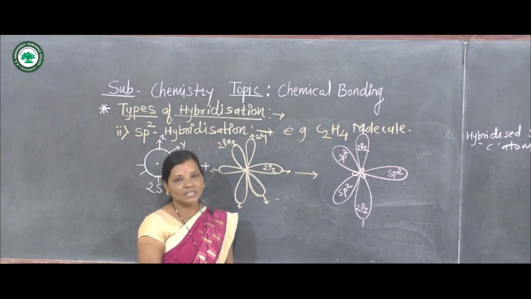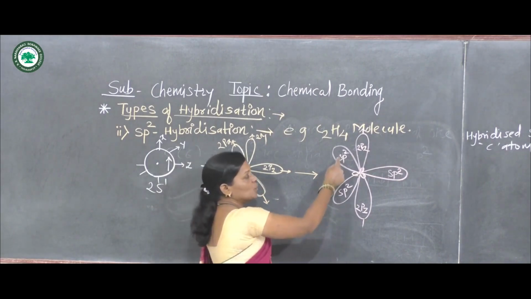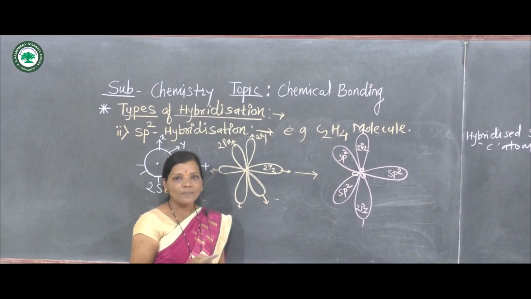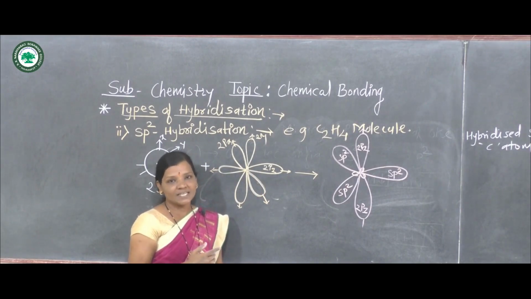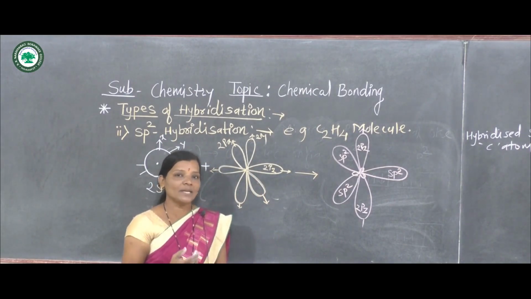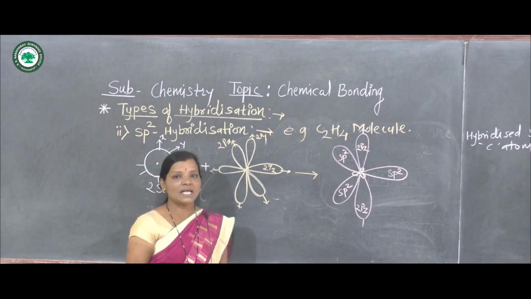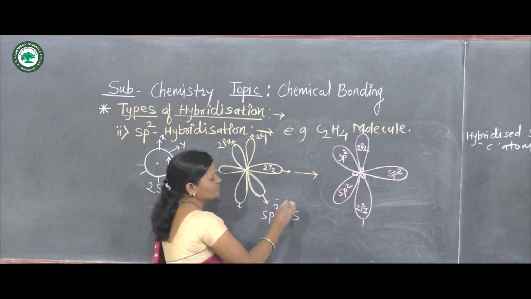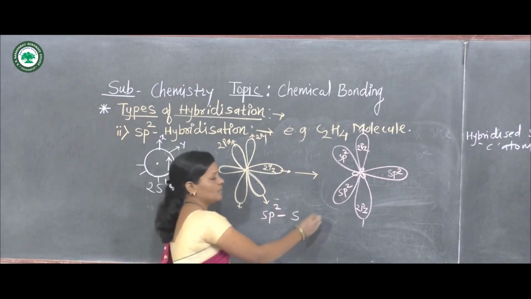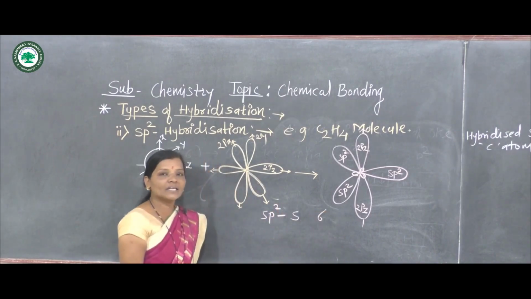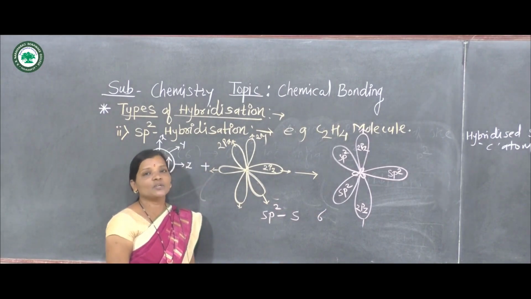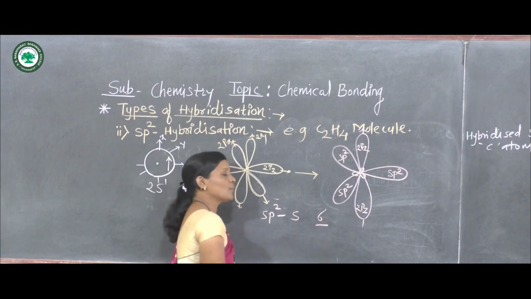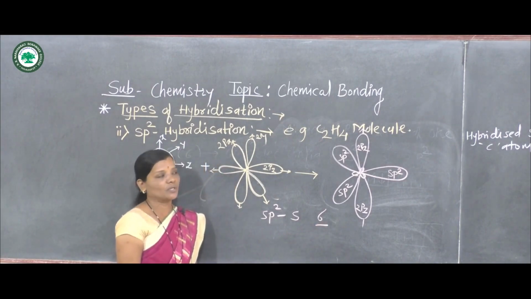Now in the case of ethylene, here 2 sp2 hybrid orbitals of each carbon atom overlap axially with the 1s orbitals of 2 hydrogen atoms, and they form sp2-s sigma bonds, because axial overlapping takes place, and so the extent of overlapping is maximum, and so the bond formed is a stronger bond, which one is the sigma bond.